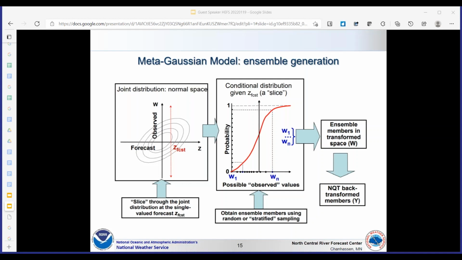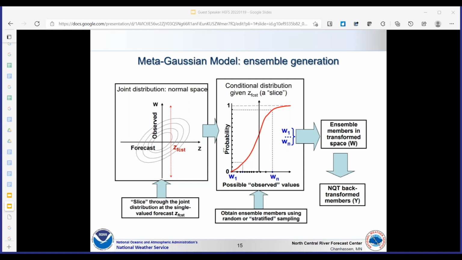So, operationally, for a given ensemble mean forecast value, the MEFP takes a slice across this distribution at the forecast value, which in this case is denoted here by the Z subscript FCST line.